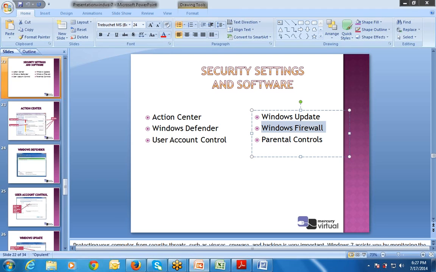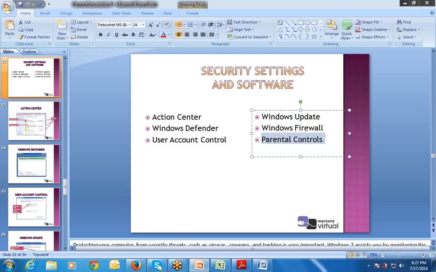Then there is Windows Firewall, which is also used for security purposes. Then there is parental control, which means the controls which are used for controlling the Windows buttons, that is done by the parental controls. Right.